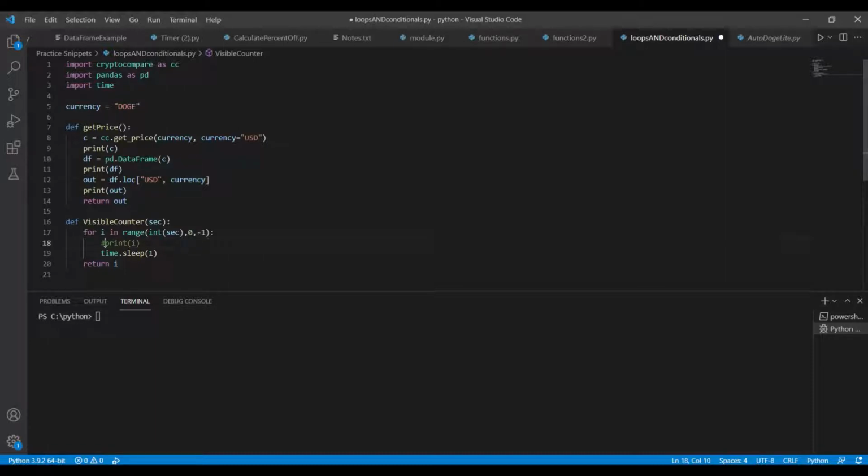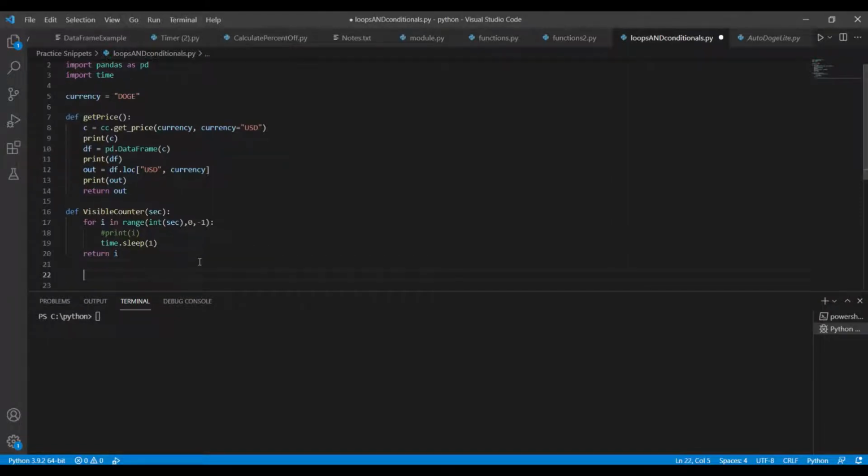Be that as it may, let's just jump in and talk about it. So if I want to see the timer going, I just take off the print I, or I uncomment it. If I don't want to see it and I want it to be an invisible counter, I do a print I, and all it does is count by 1 second. So let's say